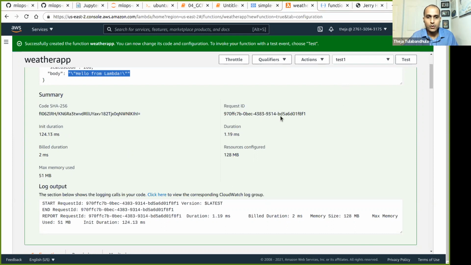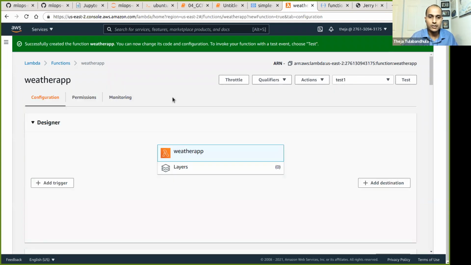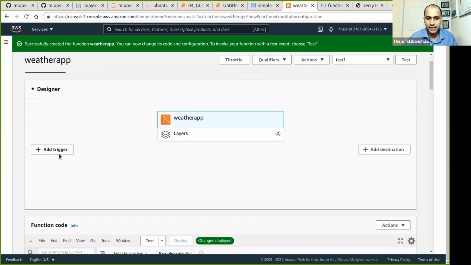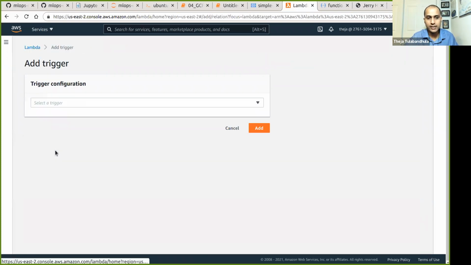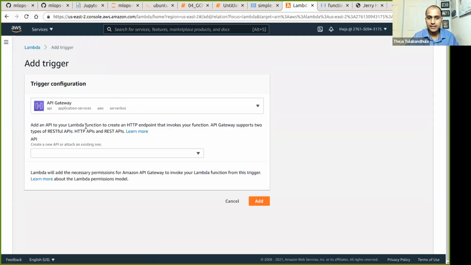For that, we need to do a couple of things. We'll change the code by changing the response function a little bit, and then also add something called a trigger. You can see it on the left side of your screen, right? There's an add trigger. So we'll click add trigger, and it says select trigger. We'll pick API Gateway. Think of it as a black box. It's a way to get us an external URL, very similar to Cloud Function, that hits this function that we have, the Lambda handler or whatever the default function name is.